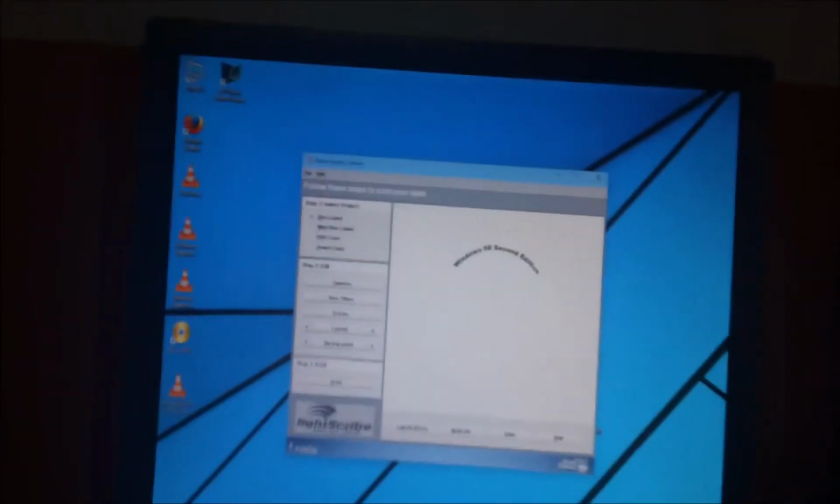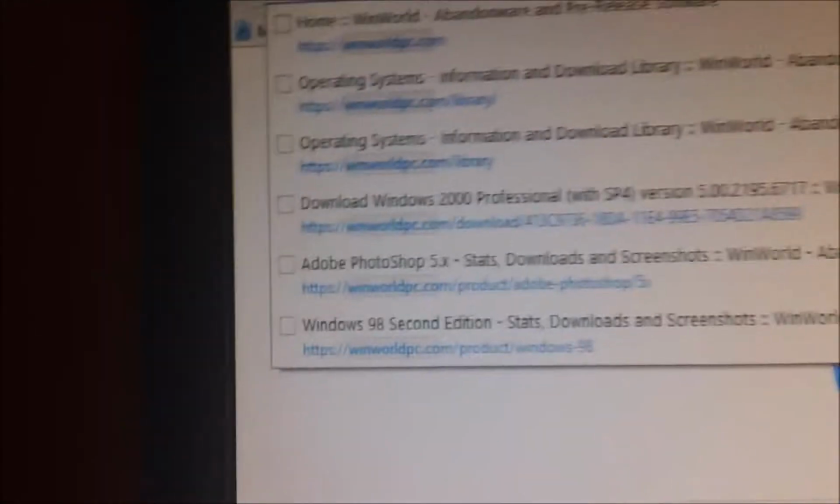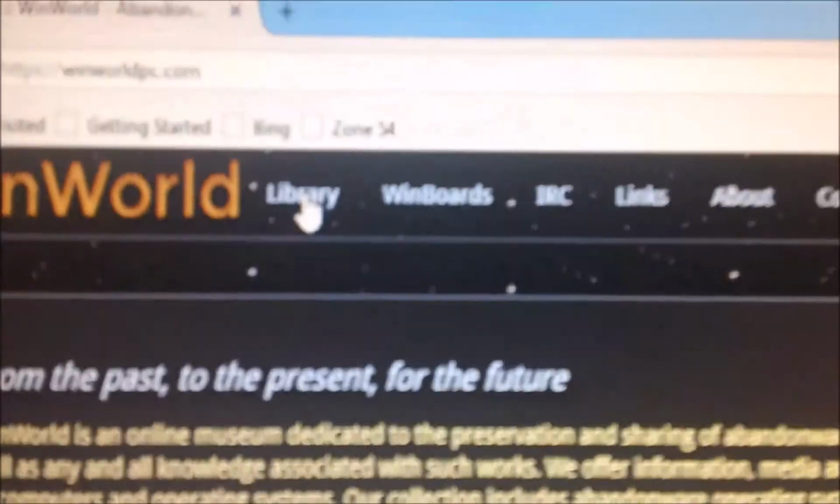Oh yeah, best site right here. This site is the best site I think I've ever been on. It's called winworldpc.com, like that, and enter, and I'll show you. This is probably the best thing I've ever been on here. If you don't have the operating systems and you want them, you can go here, winworldpc.com, library. You go to library,